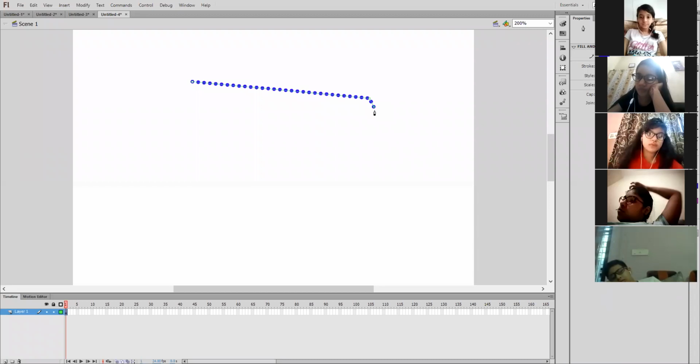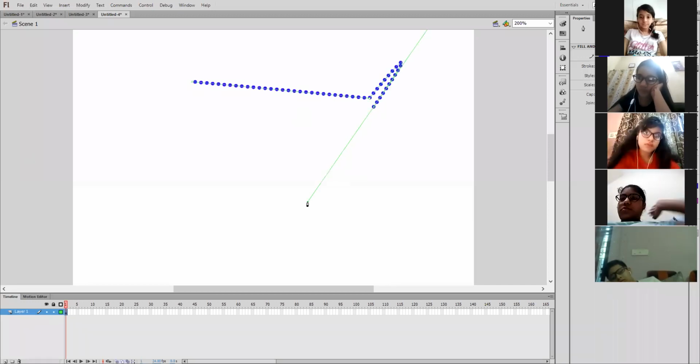Now, what you have to do is, in order to draw the curve, press the Alt key by dragging the pointer, by dragging the pen in any form. See, the curve has been drawn. Is it clear, students? You can change the style of the line. I'm making it solid and changing the color into green.